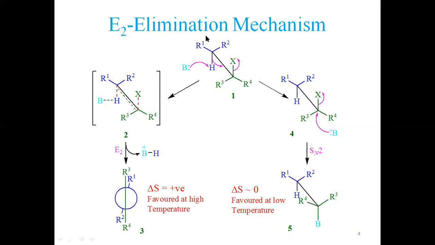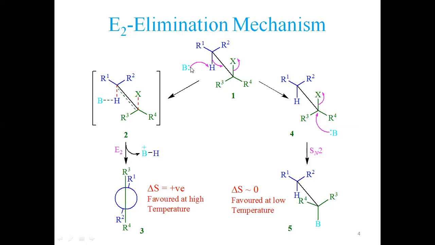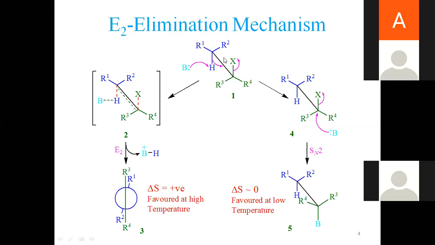Let's say this is a substrate. X is leaving with an electron pair. X is an atom which is more electronegative, definitely. It is leaving with an electron pair. So hydrogen is leaving without an electron pair. This B, which is a base having a non-bonding electron pair, is donating the non-bonding electron pair to this hydrogen and getting protonated. But during this process, you see this reaction is concerted. This concerted mechanism is called elimination E2.